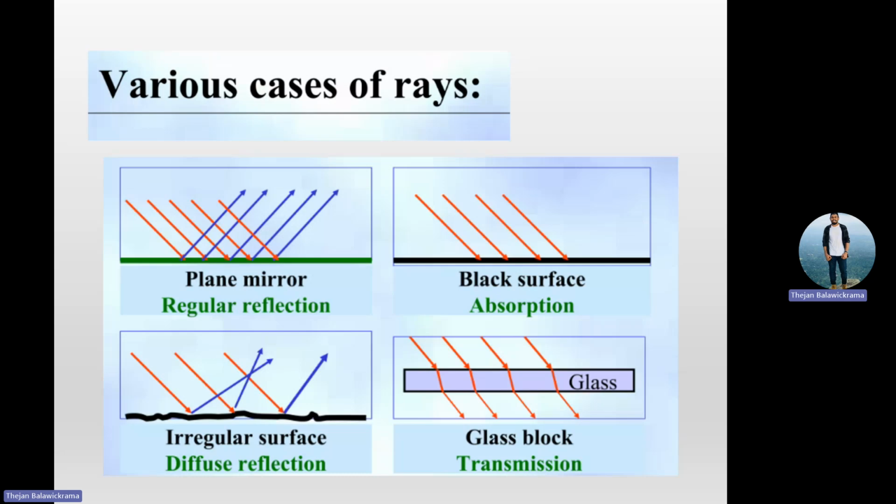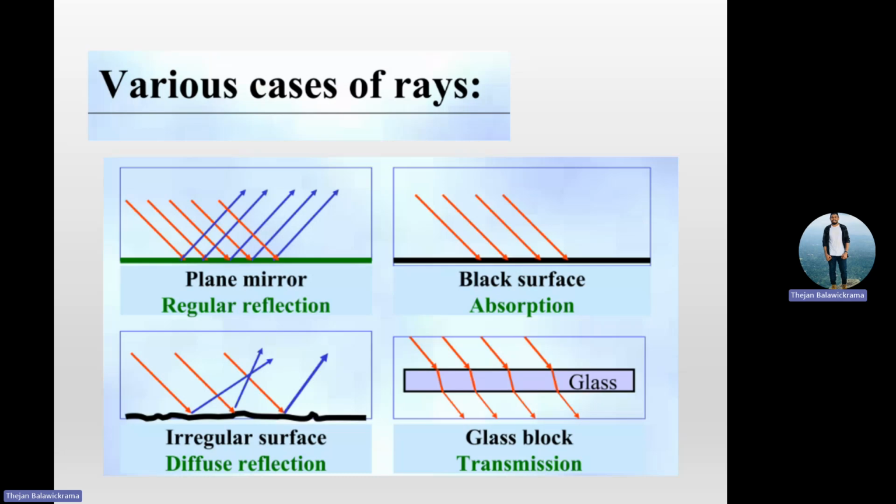But if it is a black surface, not a mirror, what will happen? It absorbs. Now you have heard about black body radiation, right? In a black body, if it is a black surface, it can absorb some rays. And if it is an irregular surface, unlike a plane mirror, it can have diffuse reflection. But if it is a glass block,